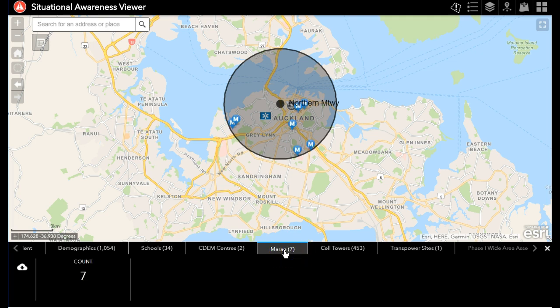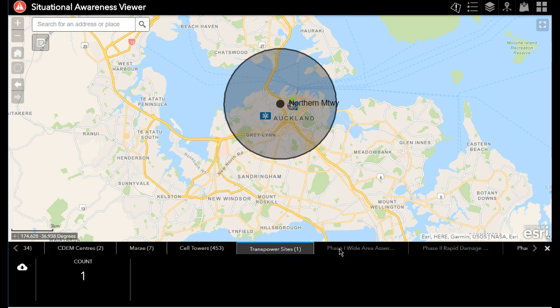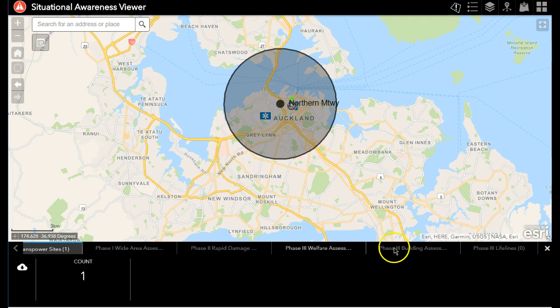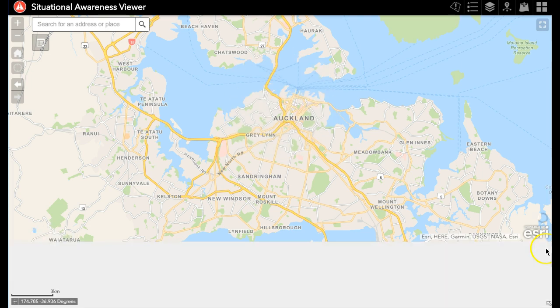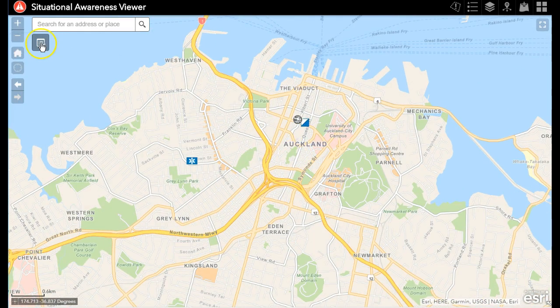Marae, from a database coming from TPK. Cell towers, also an open data set that we've made available here in ArcGIS Online. Transpower sites for some high-level energy impacts. And then, as you'll see in later videos, if we actually have an active operation, we can monitor things like field assessments from the field. This is really powerful and offers a simple way to understand the potential impacts and to begin responding to an